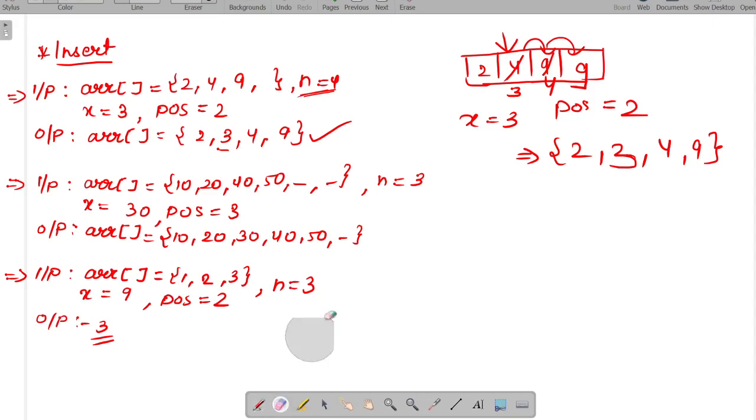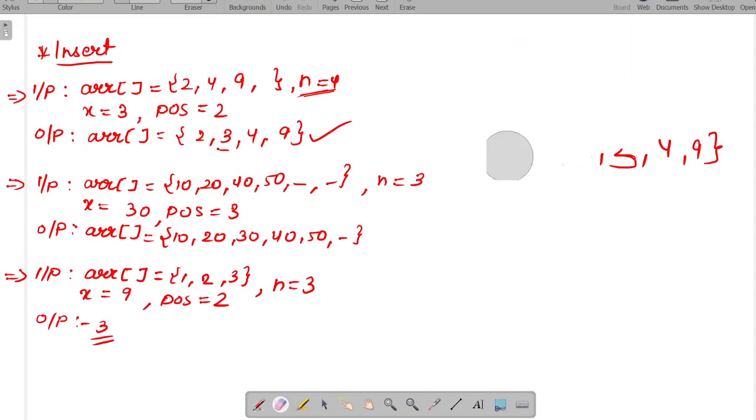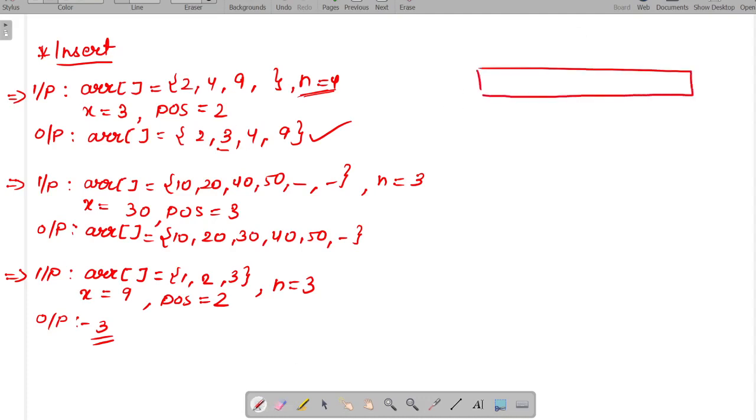So moving on now to the next example, which is example 2, where we are again given an array which has elements 10, 20, 40, 50, and there are 2 blank positions where we have till now not inserted any elements. So now we have to see what is the element that we have to insert.